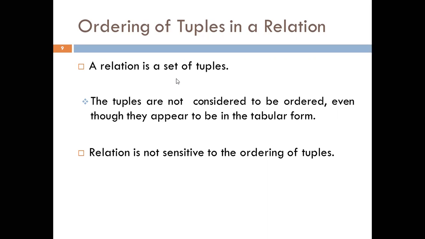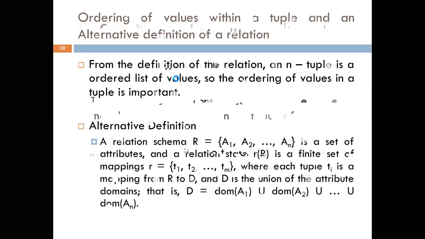in a tabular format. Even though we may enter the data in the sequential order of USN, when we look at the table, it seems that there is an order, but in the relational model, the order between the tuples is not at all considered. For us, all the rows are the same because it is a set. In a set, there will be no ordering. That's why a relation is not sensitive to the ordering of the tuples. So this is the first characteristic of a relation.